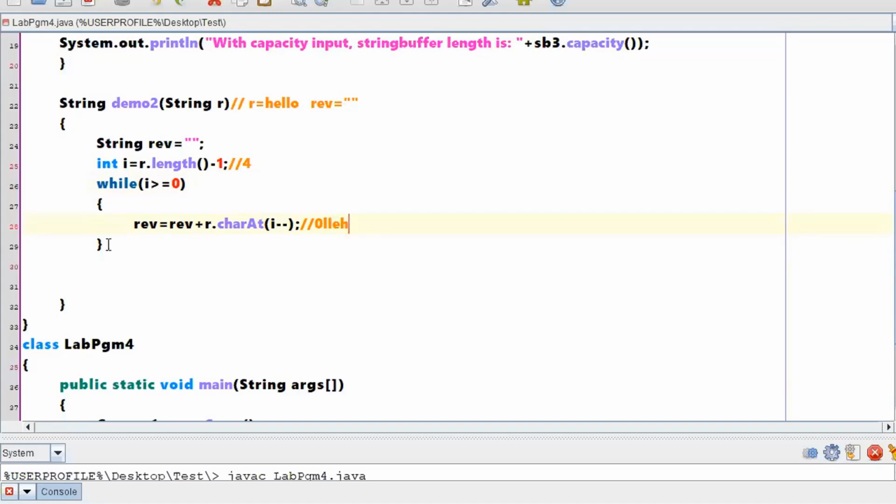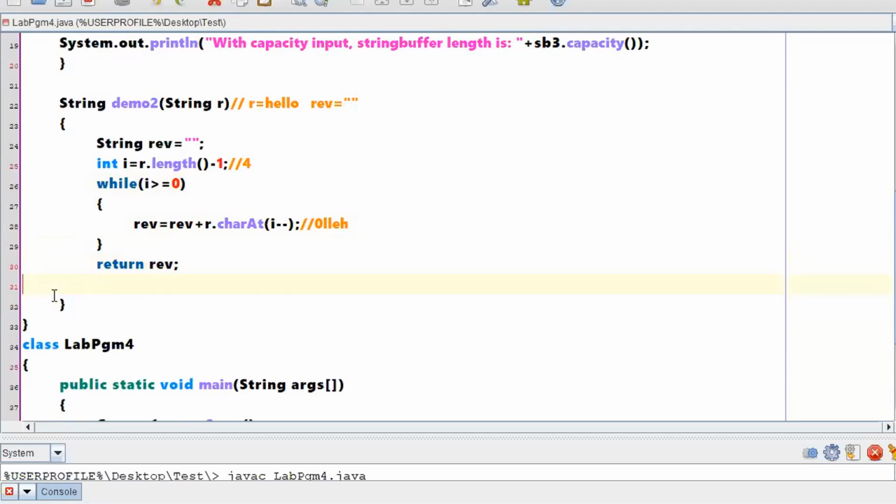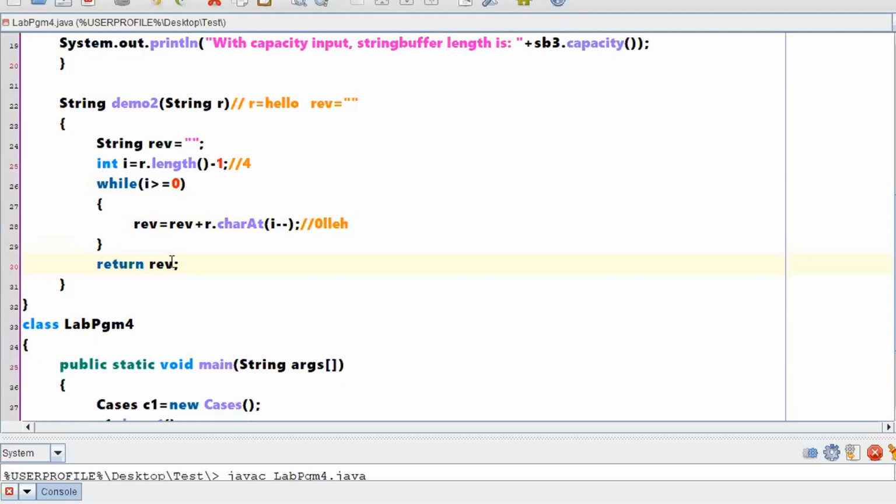After this particular loop, this particular rev will be having the reverse of my input. So here what I can write is return rev. To whom will it return now? It will return to the person who is expecting this particular rev.